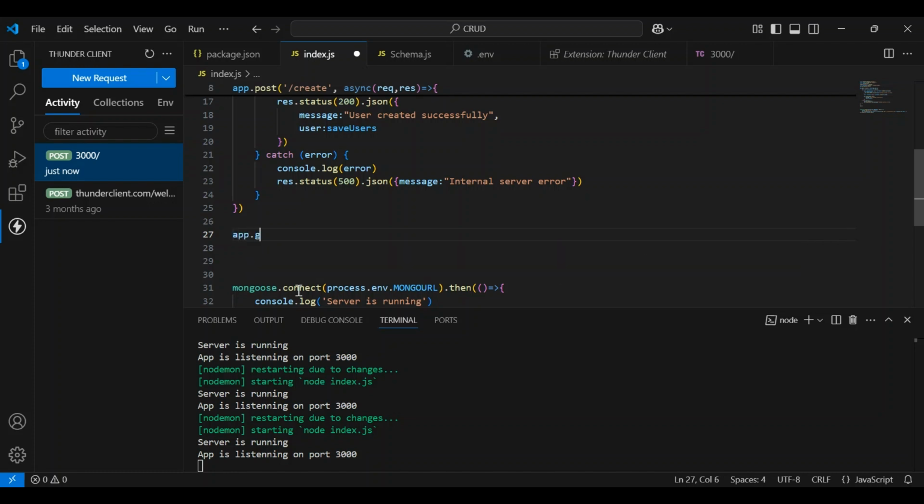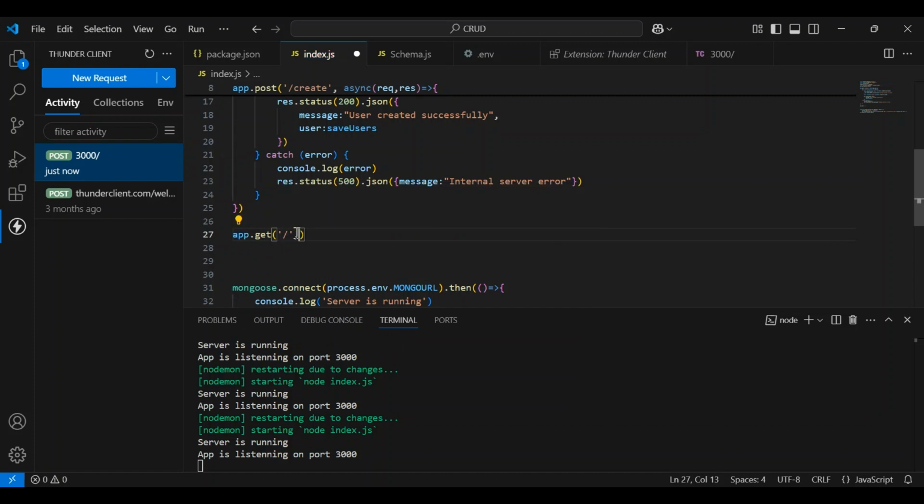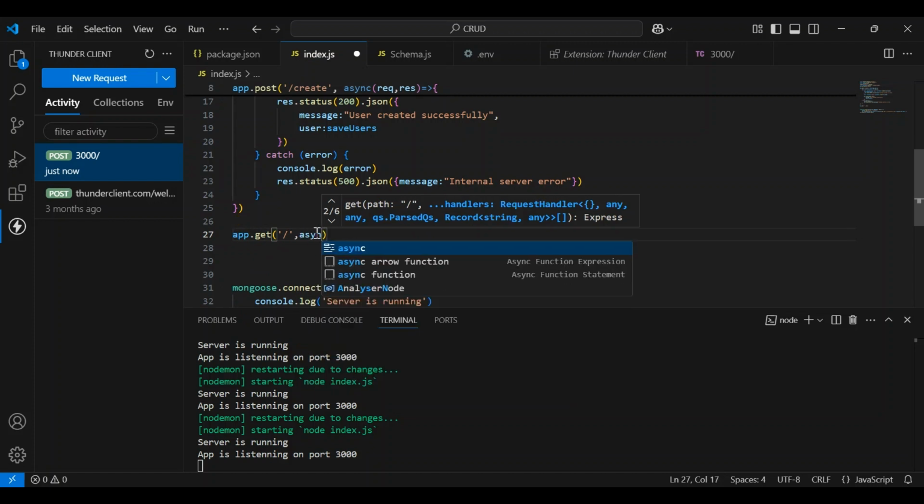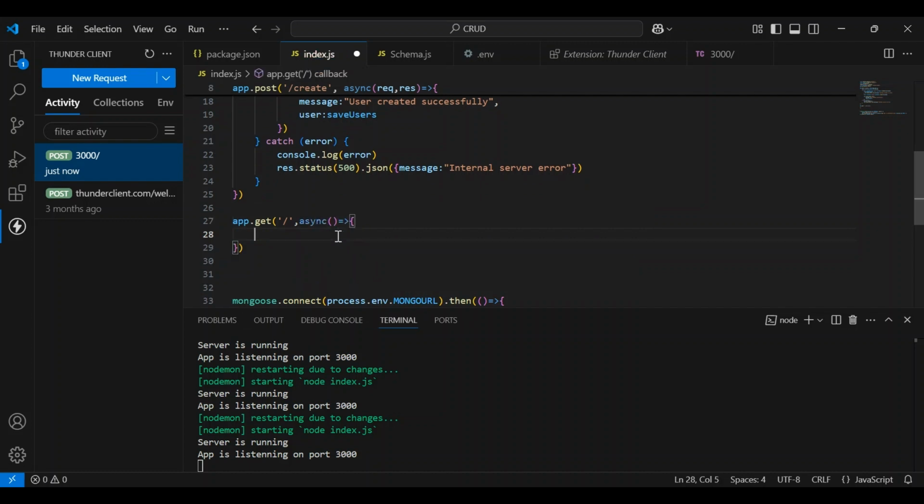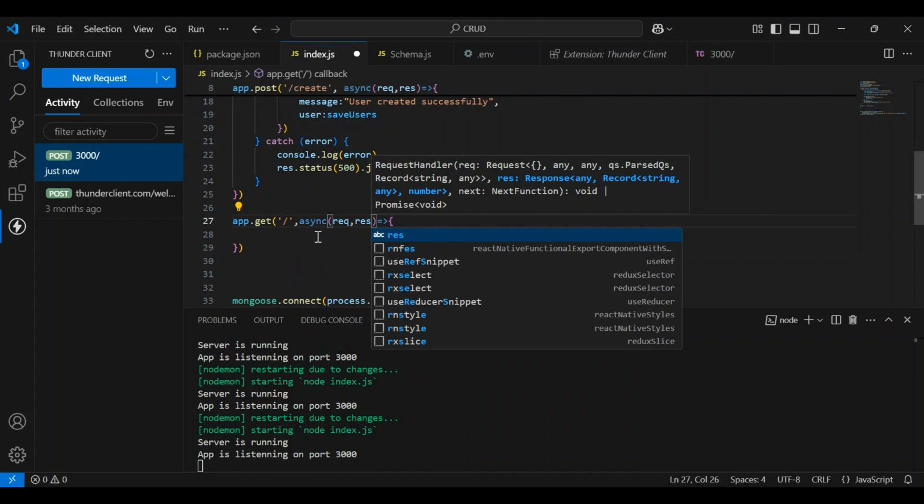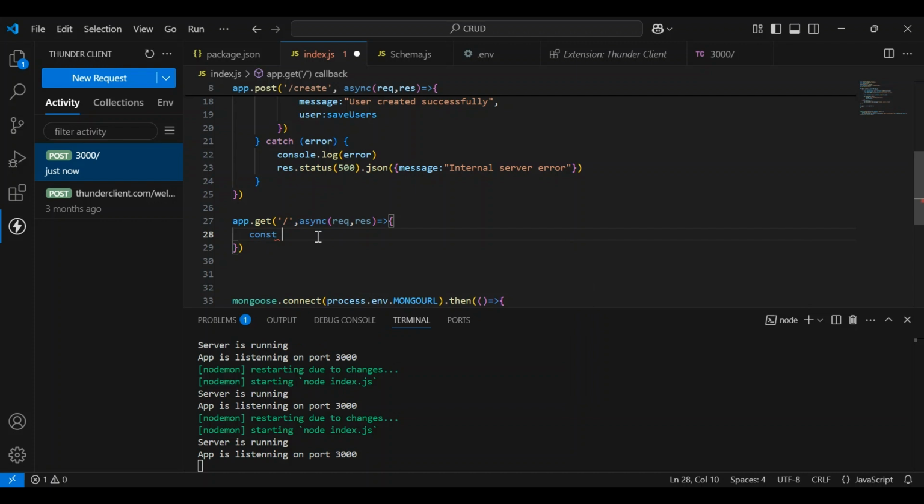So we're gonna say app.get. We're gonna use the HTTP get method, and here we're gonna be pretty easier. We're just gonna have an asynchronous function here. So after having an asynchronous function, we're gonna have a request and response, right? So here I'm gonna say const, let's say all user. Actually, let's just say try catch first. Try catch,